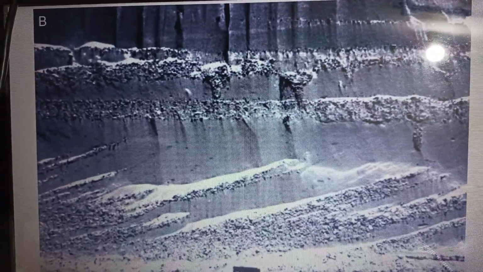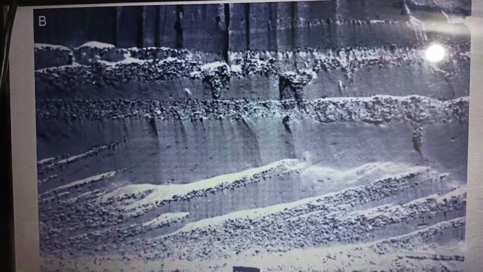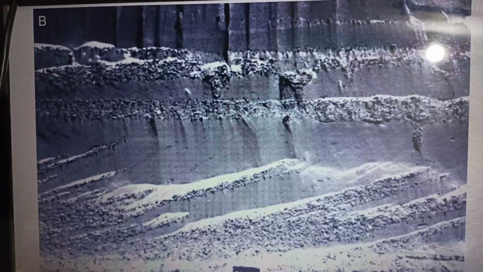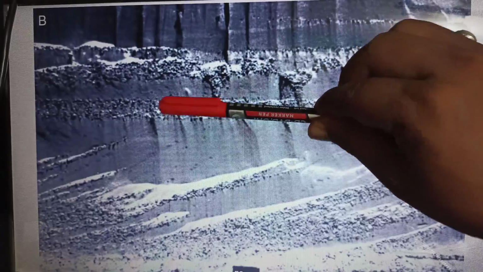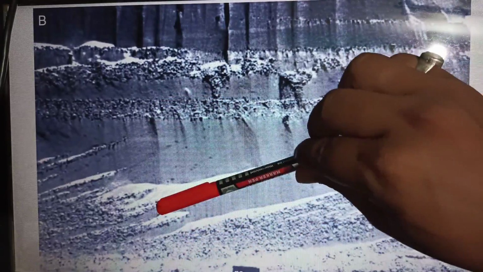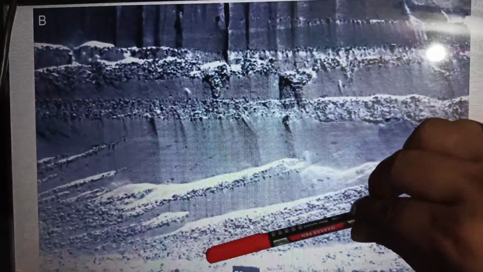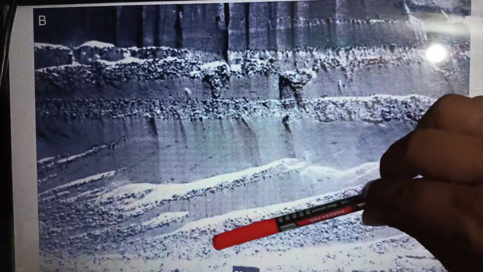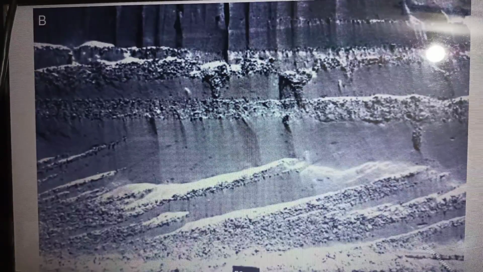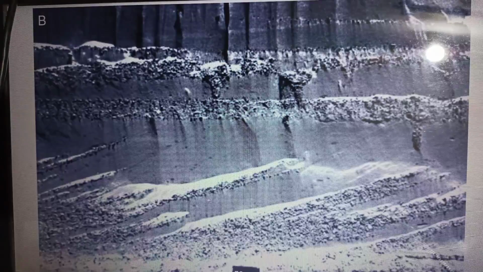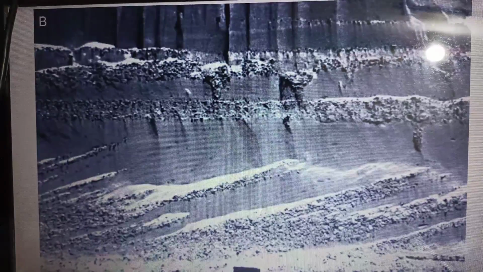Earlier I discussed the sedimentary structures found in the conglomerate. They show trough cross bedding. You see this one is straight, this one is straight, and this one is inclined. So this is the trough cross bedding. The conglomerate shows trough cross bedding; you have seen the pictures. Now nothing is left in conglomerate. I have explained all the possible concepts, so it is your duty to revise again and again.